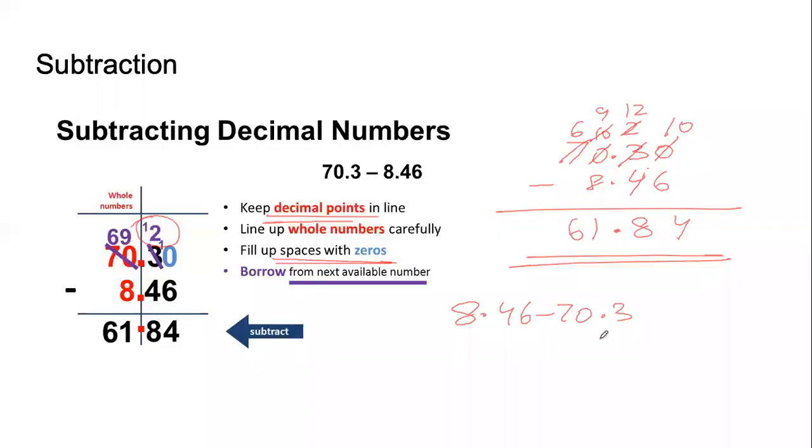If we combine integers with decimal numbers, something like this. So once again, we will subtract the smaller number from the bigger number. We know it will be this. So 61.84. But then we will have to use the sign of the bigger number. So the answer now will be minus 61.84.